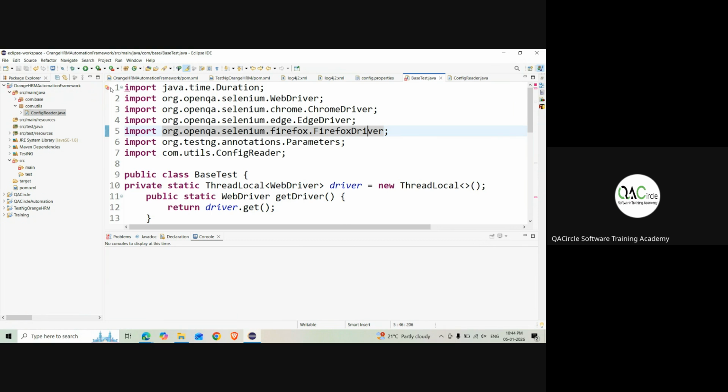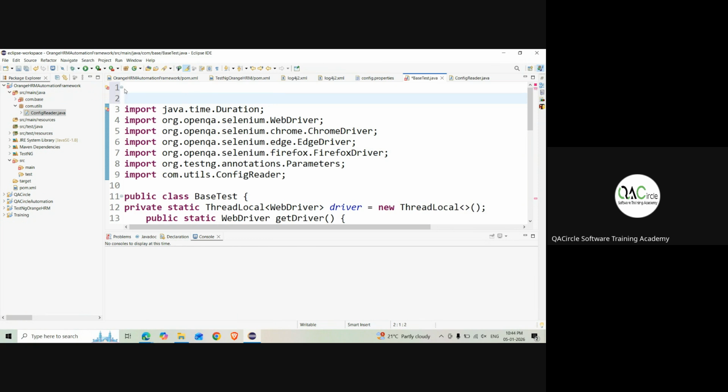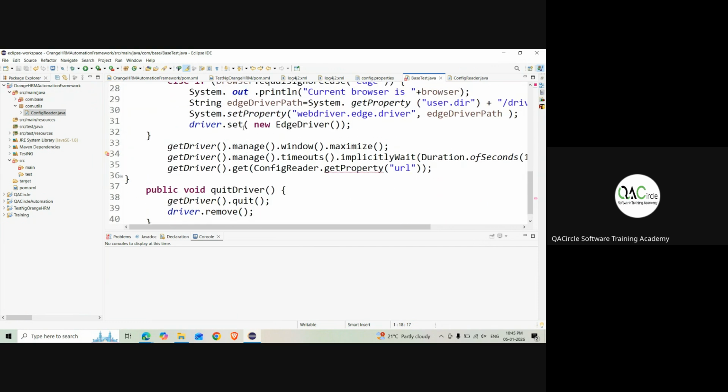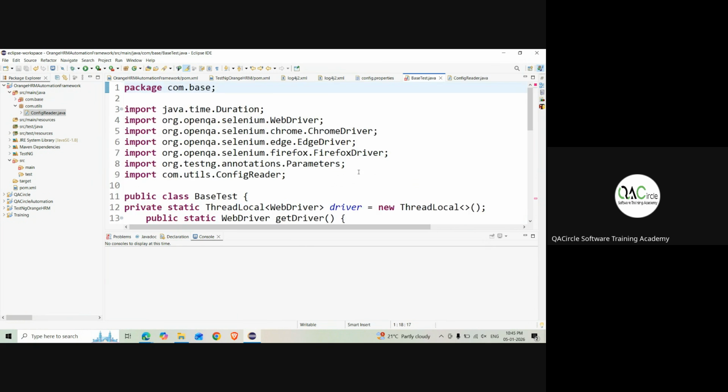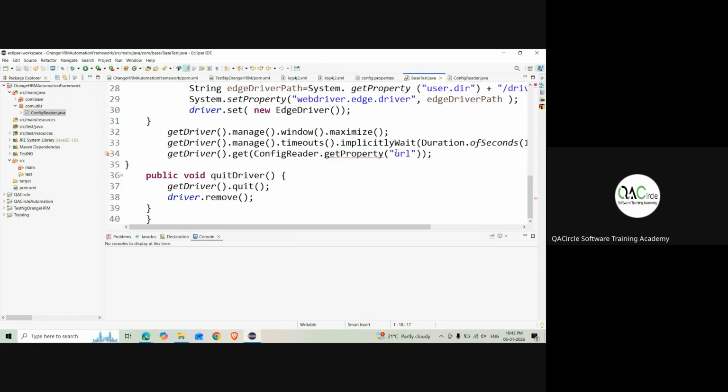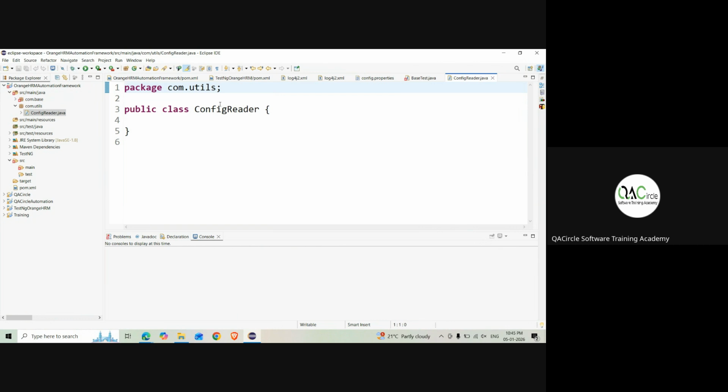Import. So what is the issue here? Oh, the package is not there. That's the problem. So what is the package here? Package com.base. Okay, so the only issue is config reader. In config reader, we have to get the property of the URL. Now it's a public class. Now I'll use a static